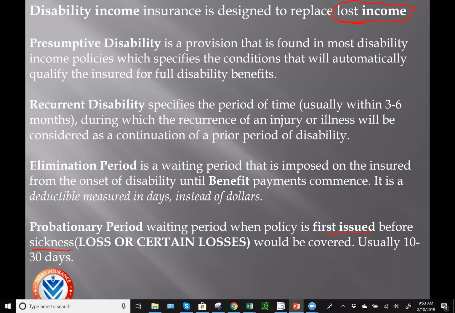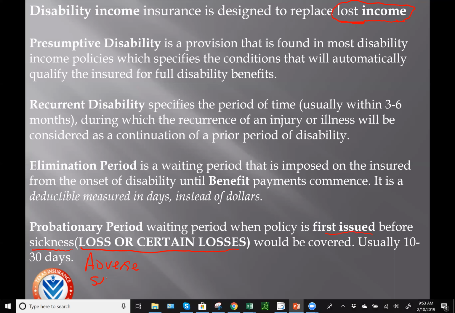It's a period of time from when a policy is first issued before an illness would be covered. Another word for illness is loss or certain losses. It's usually between 10 and 30 days. Now, it's put in there by an insurance company to help prevent, and these 2 words should sound familiar to you,